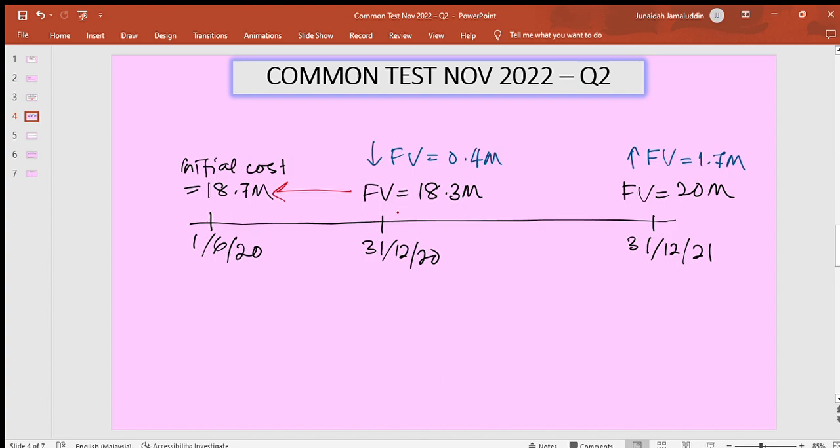And then it is also given the fair value on 31st December 2021. Okay, so the fair value on 31st December 2021 is 20 million. Alright, so if we compare this fair value at the end of year 2021 with the previous fair value, we know that there is an increase in fair value. There is an increase amounted to 1.7 million. So ada peningkatan pula dalam fair value sebanyak 1.7 million di sini. Okay. Therefore,